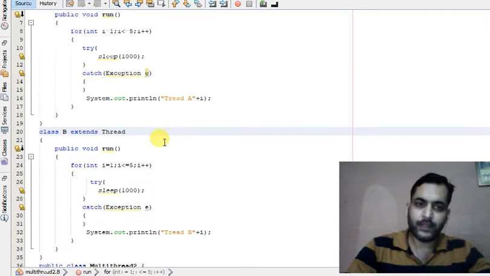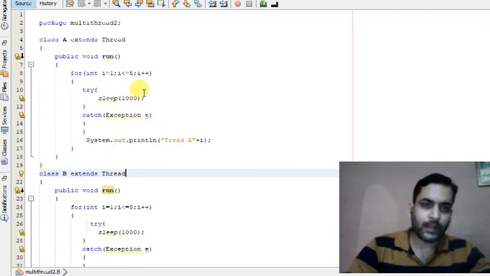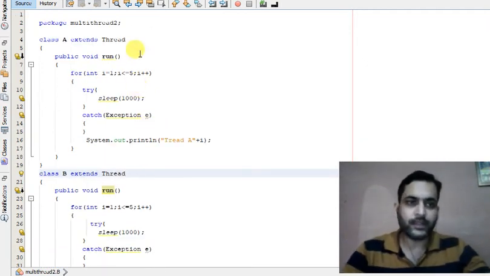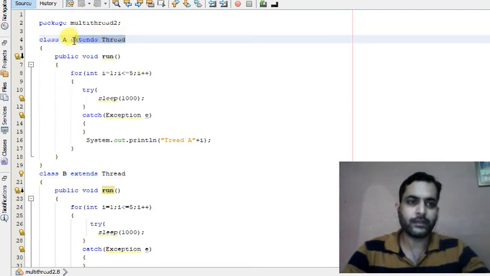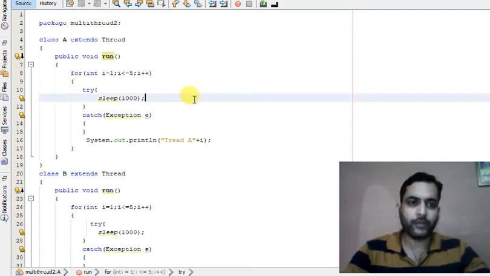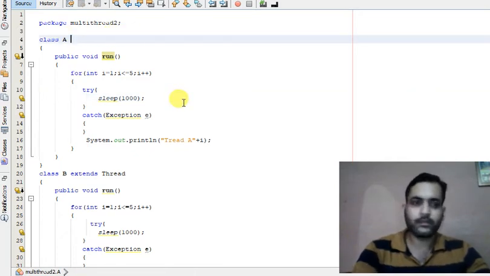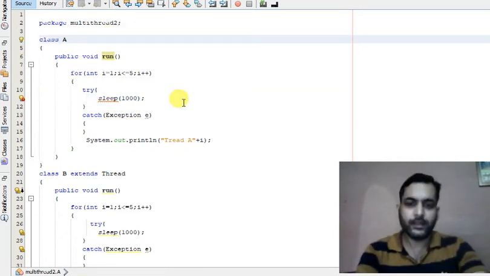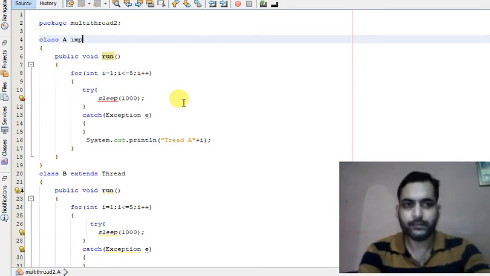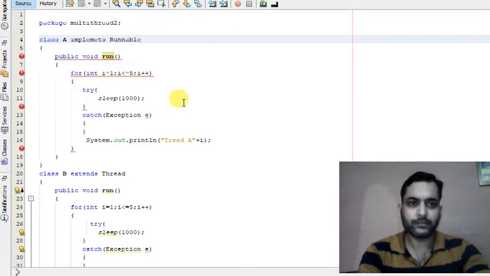Now let us see how to create a thread by using the Runnable interface. So I'll modify this example only. In place of extending the Thread class, I am implementing the Runnable interface.